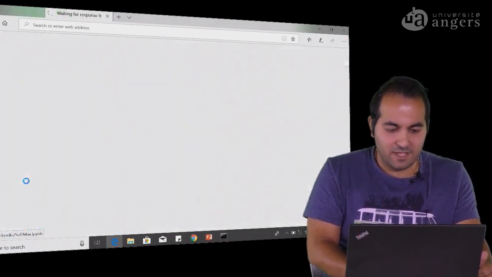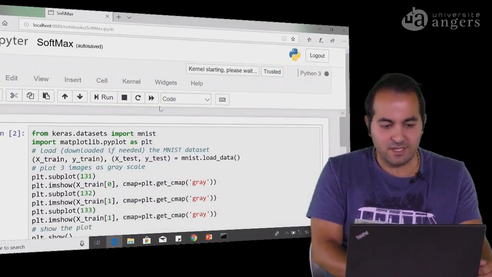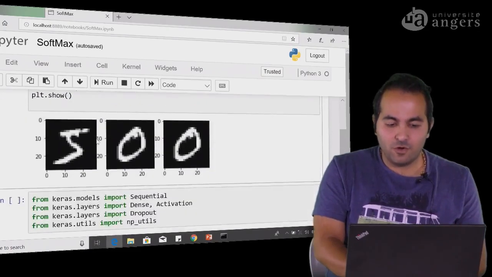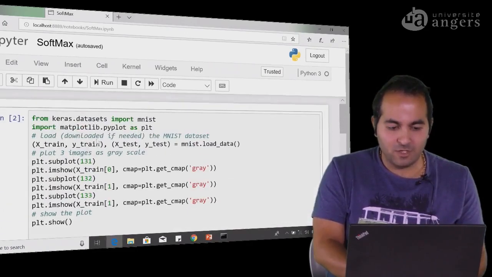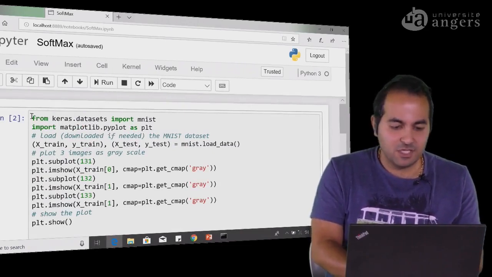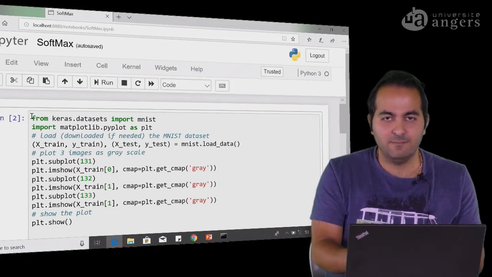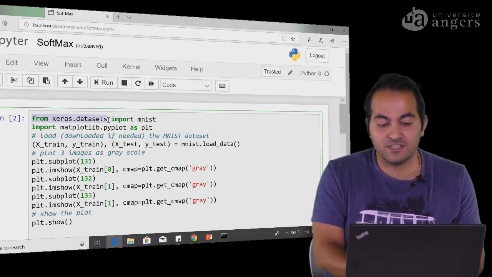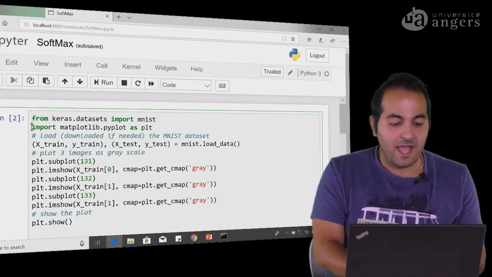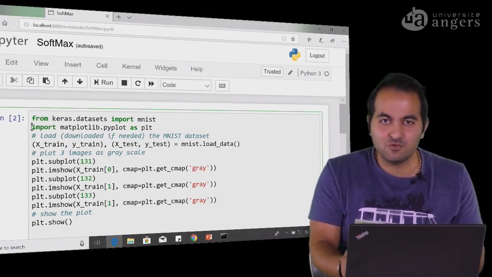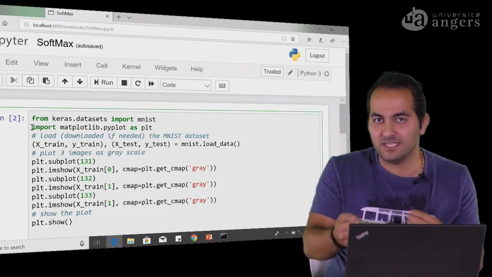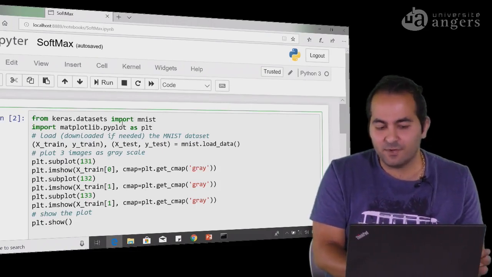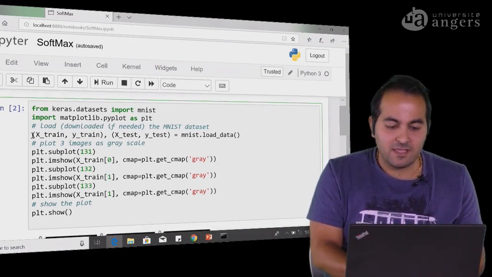So we will start from the simplest model, that is the softmax. So here we have a code for our model. We will start from the beginning. When we want to use the MNIST database, we have to call it. So we can import MNIST from the Keras datasets. And then if we want to plot and see the images visually, we can use the matplotlib library, and then we call